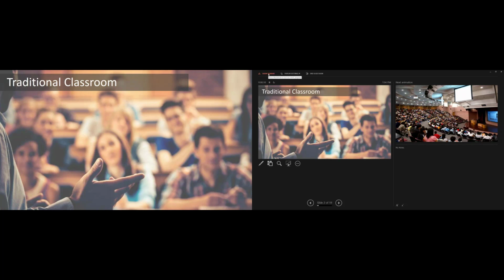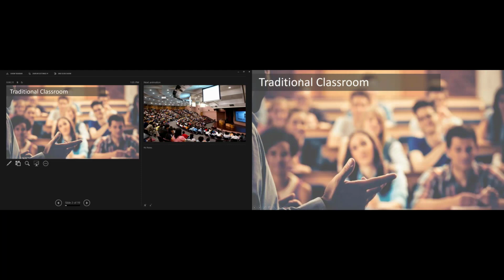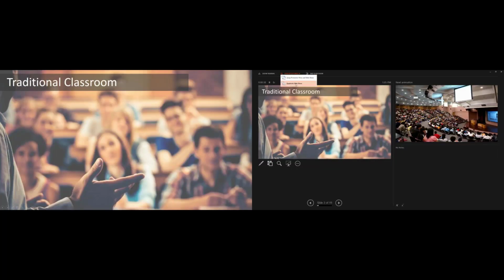I can show the taskbar, which if you notice on the left-hand side, the taskbar comes up, and that's if I need to bounce to a different document or something, then I would be able to do that. Display settings at the top here, if I click that, I can swap the presenter view and the slideshow. That would put the slides on the right instead of the left. And I'll go ahead and do that again. I can also duplicate the slideshow, which would make both of my monitors just like this left monitor. So I would be seeing at the podium exactly what the students are seeing,